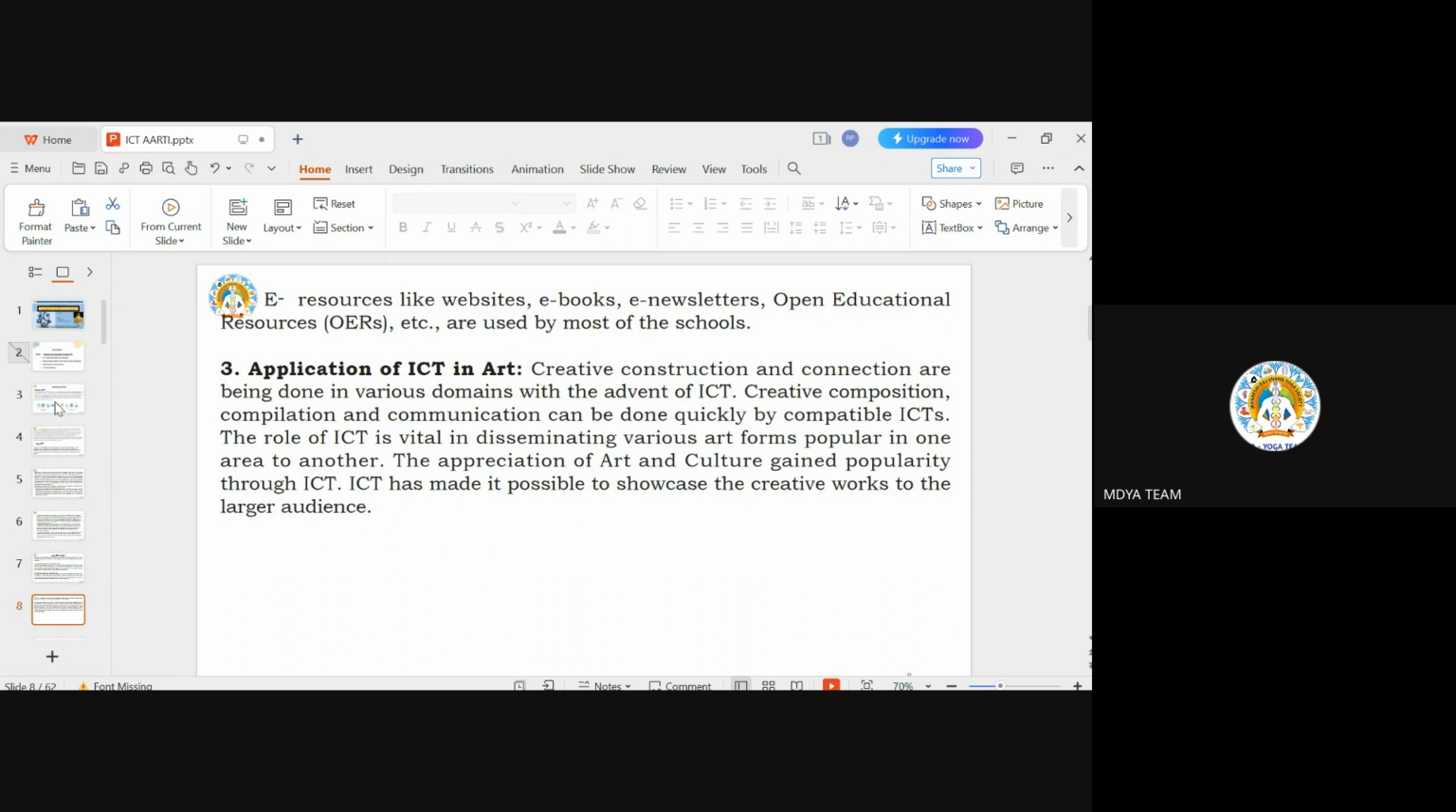Application of ICT in art. How are we using art in ICT? Yes, we can take a very good example like Instagram. Earlier we saw that only a few people had talent and showed their talent. But nowadays on Instagram there are so many people showing their talent and they are earning money. ICT gives them the platform to show their art,